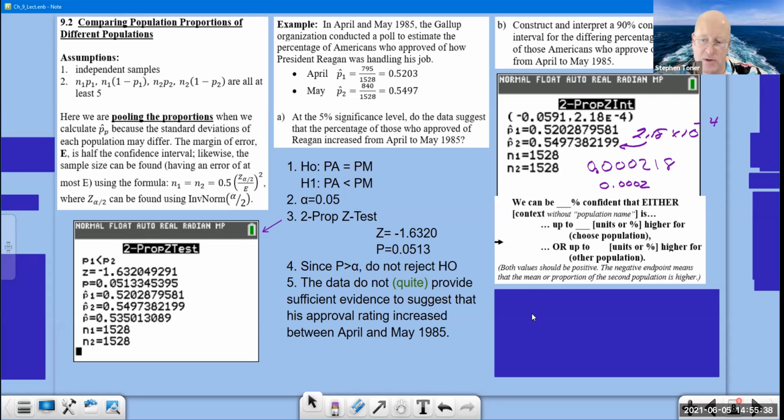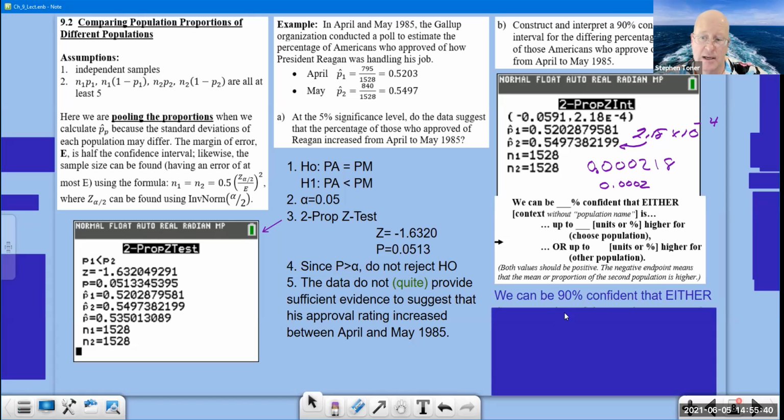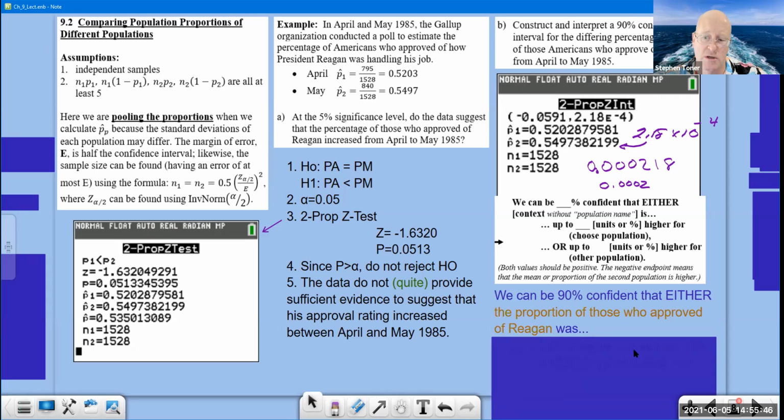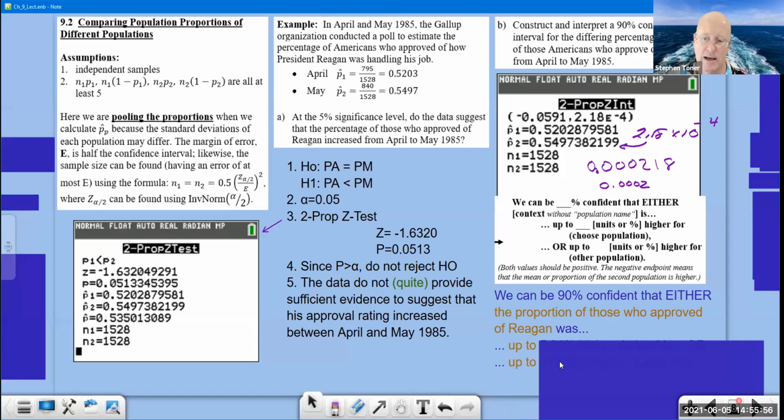We can be blank % confident. We can be 90% confident that either, what's my context? It's the proportion of those who approved of Reagan, that's really what the problem was about. I changed it to was because that's the past tense there, and here's my up to, and here are my 2 numbers,